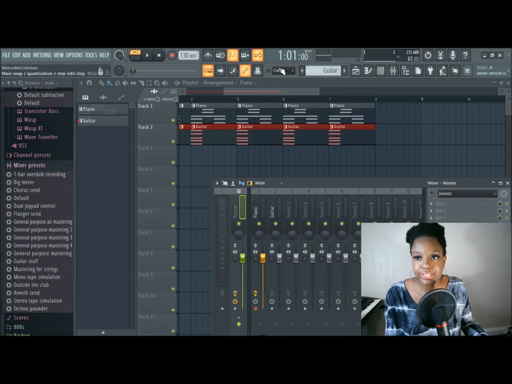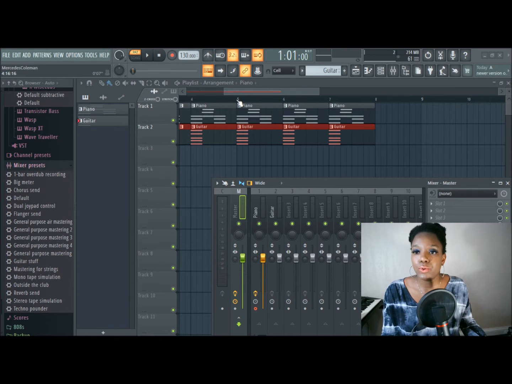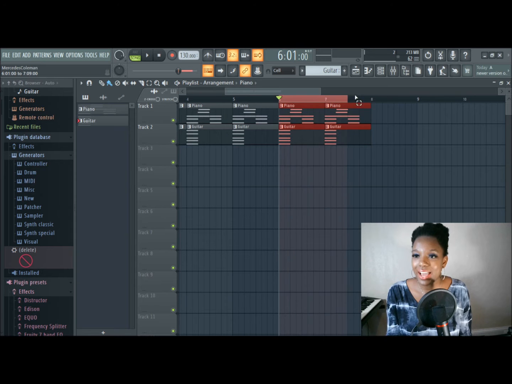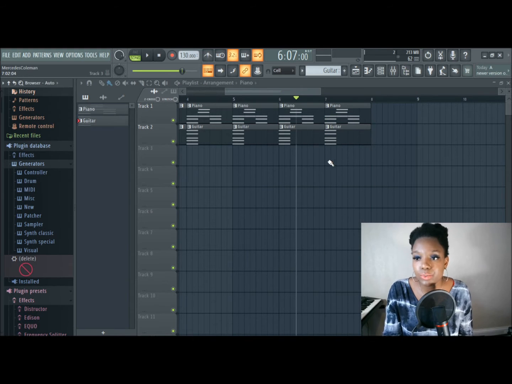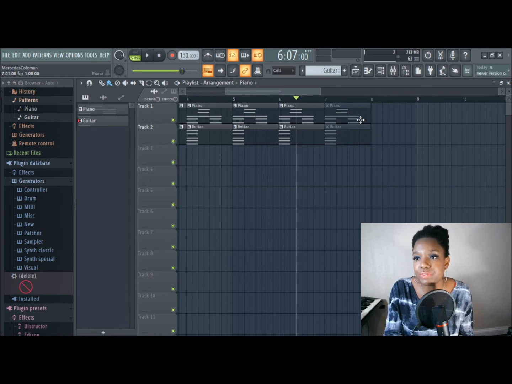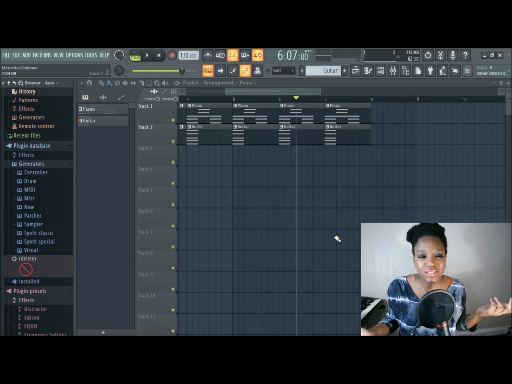So this one is pretty simple. Up here you have this button for loop recordings, and it lets me record multiple takes automatically. I can highlight sections I want to record and sing just this part as many times as I need. And when I do, it automatically mutes the previous tracks that I recorded so they won't interfere. Later on, I can listen to all of them, pick the best one, or combine the best parts of multiple